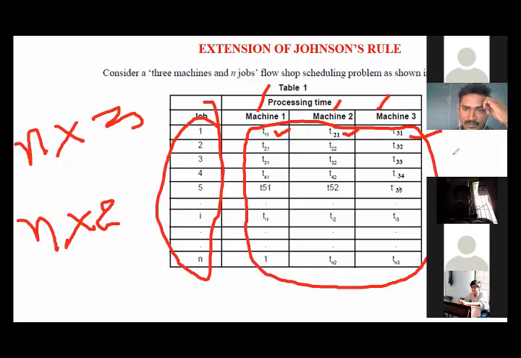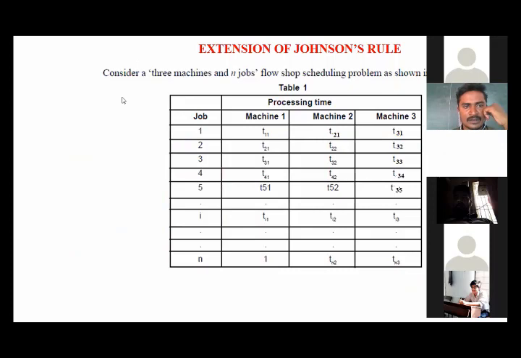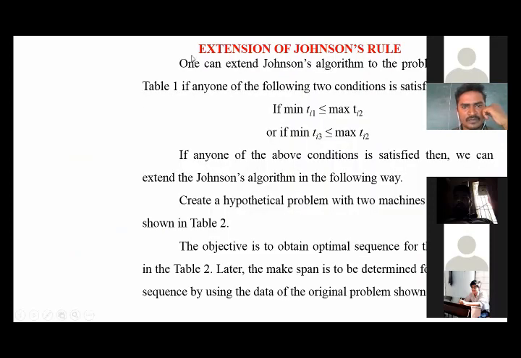Here 1, 2, 3 are called the I values. I means mission number. Next, the 1 is called J, that is the job number. J1 means job number 1. I1 means mission number 1, I2 means mission number 2, I3 means mission number 3. Those values we denoted here. Coming to the algorithm, here we are extending that algorithm. The main goal is that we have to convert the n jobs, 3 missions problem into an n jobs, 2 missions problem.